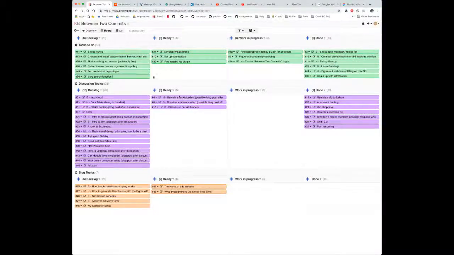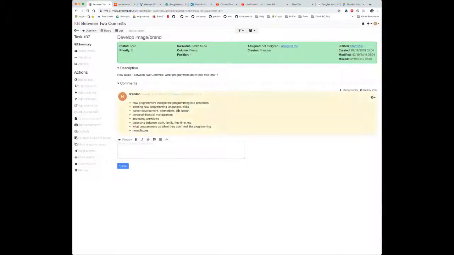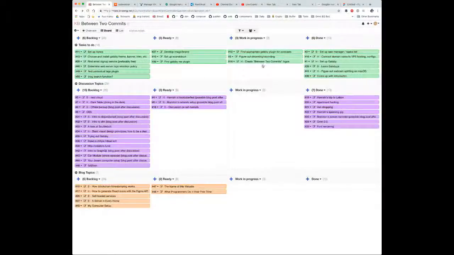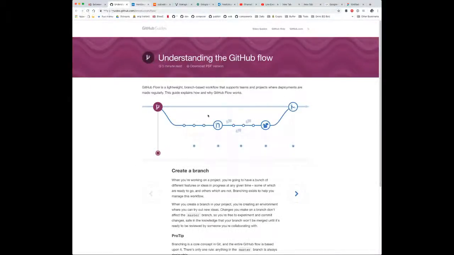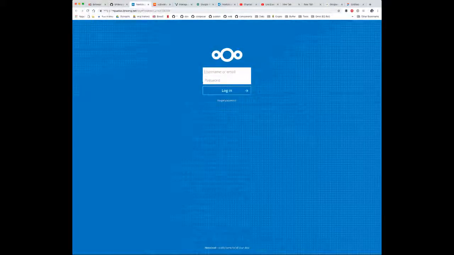Let's check. On this one, not that one. The logo one. Oh, right there. There you go. The first one, the second one, the link might not work, but, oh, that's cool. This is kind of neat, with the very simple, just a line with circles going through it.